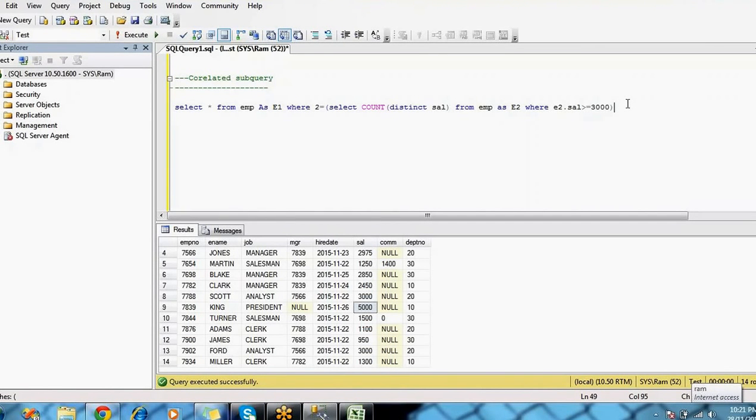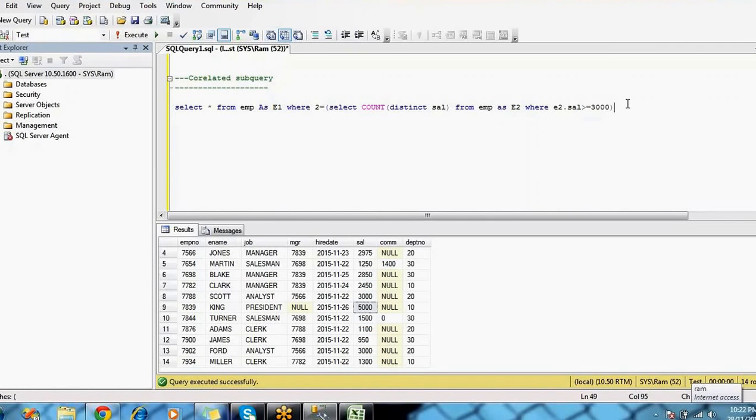What is the difference between a non-correlated and a correlated subquery? The non-correlated subquery is a one-directional query, a query inside a query. First the inside query executes, and based on its result, the outer query gives some result.